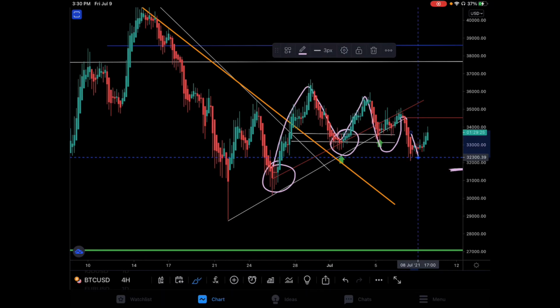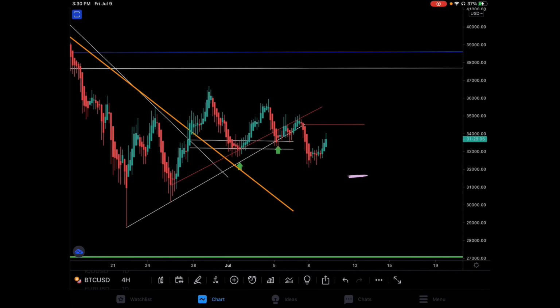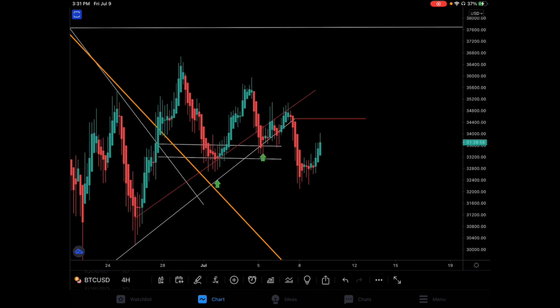But how far will we get? How far is this actually going to go? It's looking more and more weak by the day. My first projection was price coming up to here in this area. I'm still bullish on XRP,